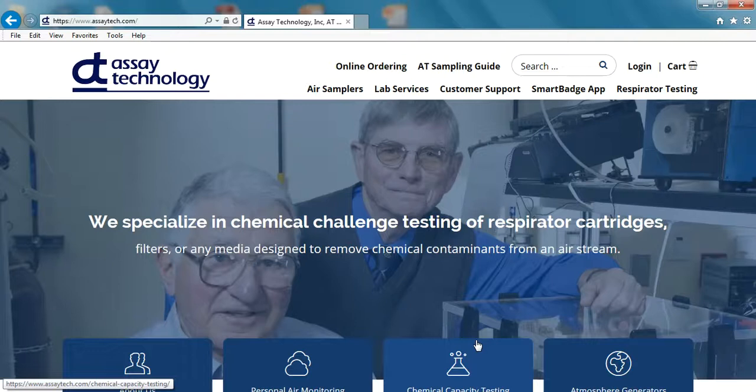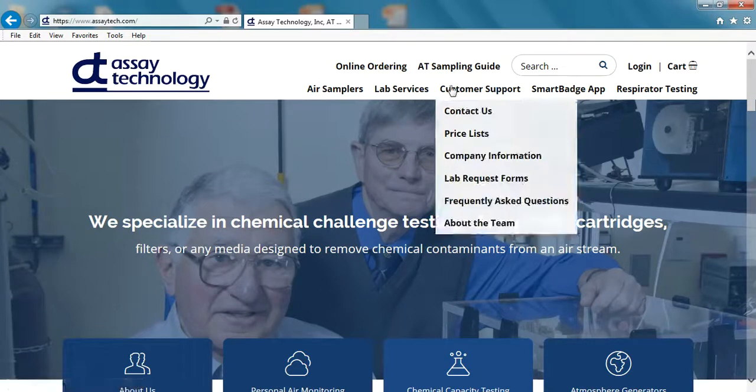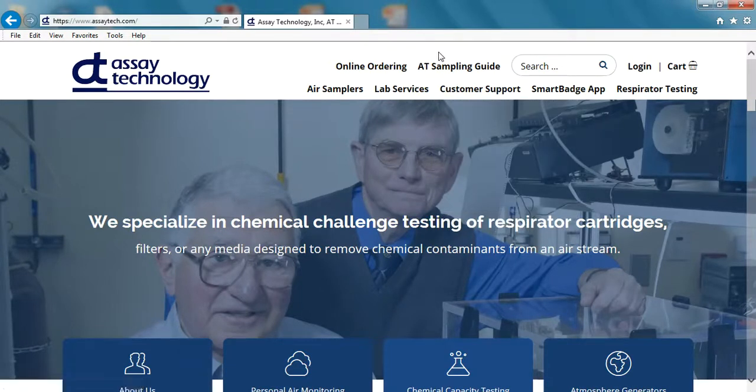There's a lot of new aspects to the site. One of the most important ones is our new sampling guide. Our last sampling guide was a static document, and you'd have to search on the different pages to find the chemicals of interest. The new one has some filters and search engines that allow you to get to the information much faster,